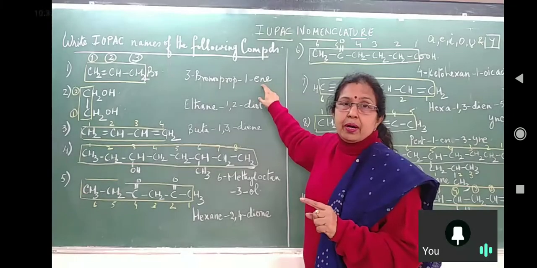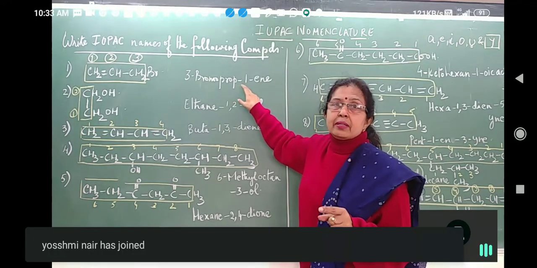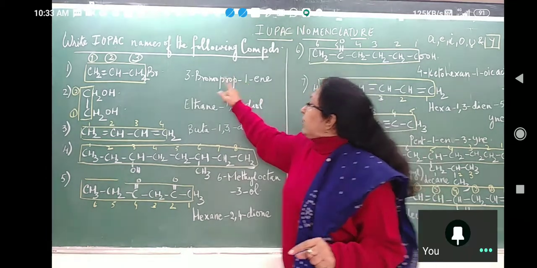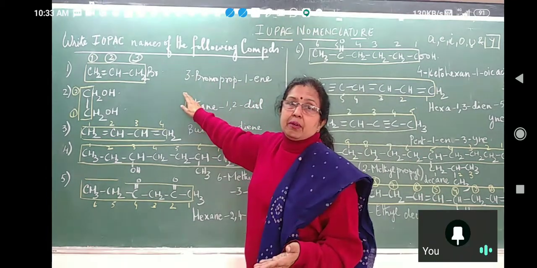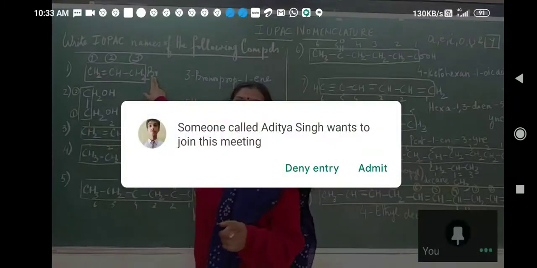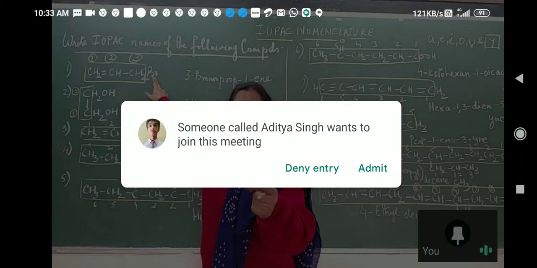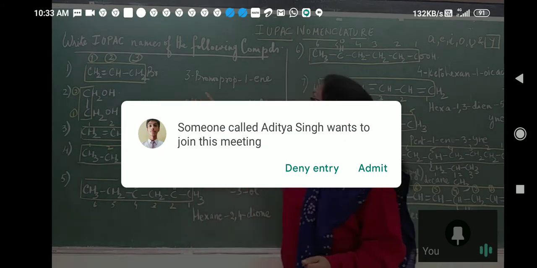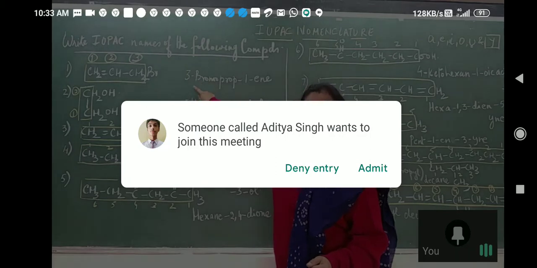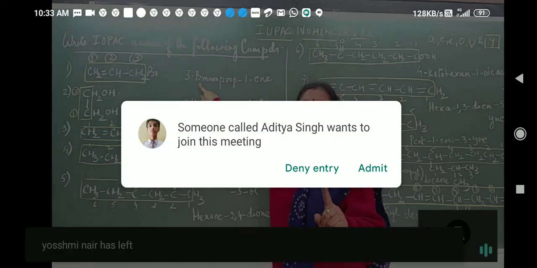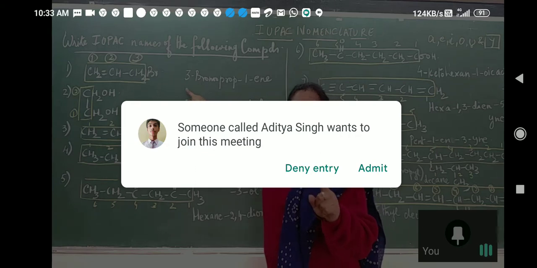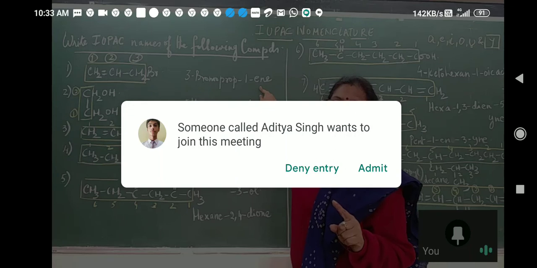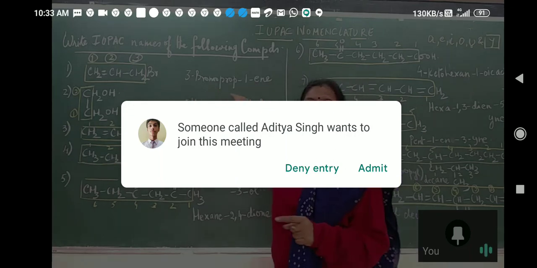Propene is the root word, but in between we write the locant separated by hyphen on both the sides, a small dash. And the prefix will be for the less important functional group, bromine, so the prefix is bromo, and the locant is 3. So the name is 3-bromoprop-1-ene, with the first alphabet in capital letter. This is the complete IUPAC name.